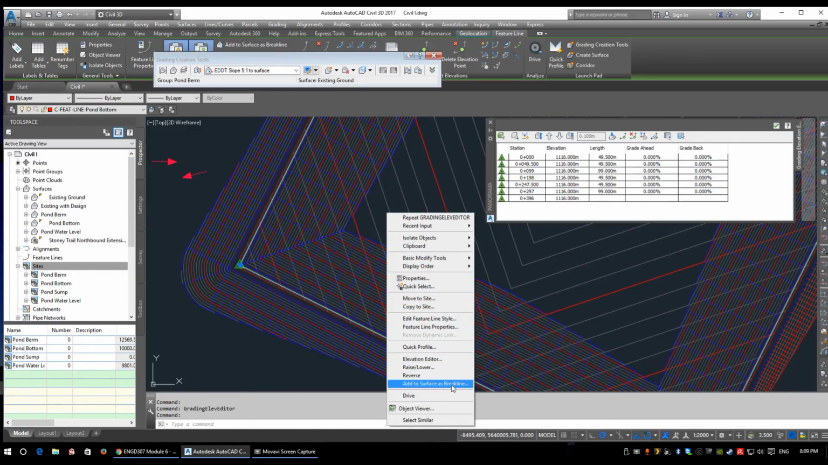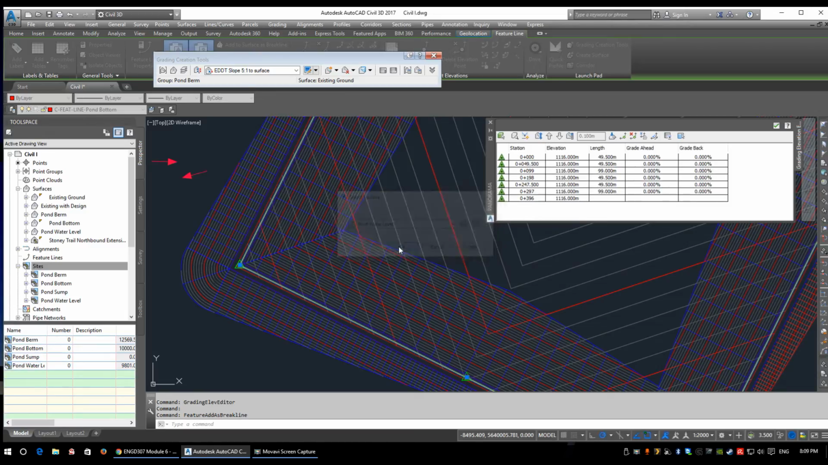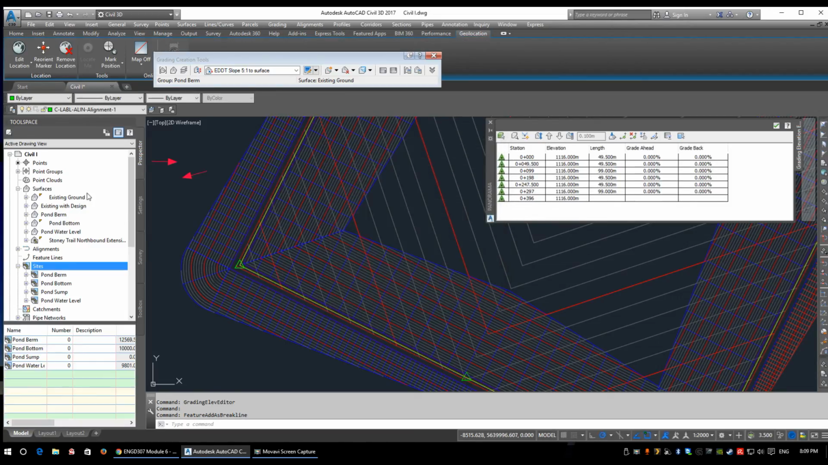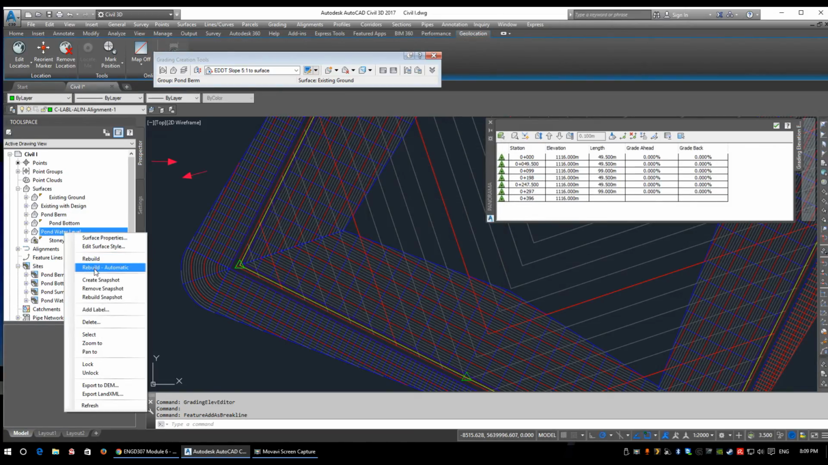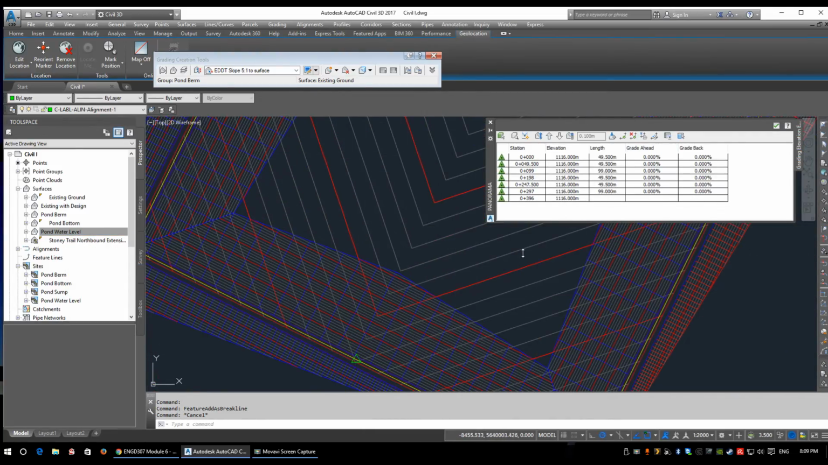So I'm going to select that. I'm going to add it to my pond water level surface and select OK. We're just going to rebuild automatic. Now you can't actually see anything because it is a flat surface. There's not much going on. But where the real power comes in,